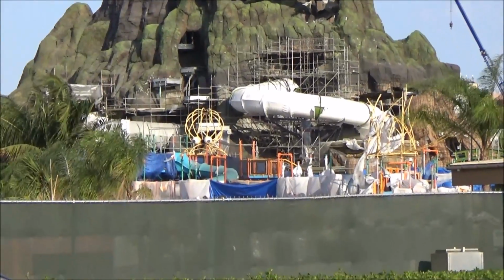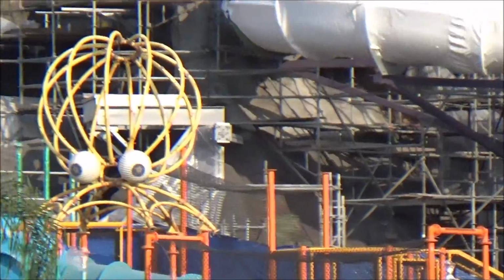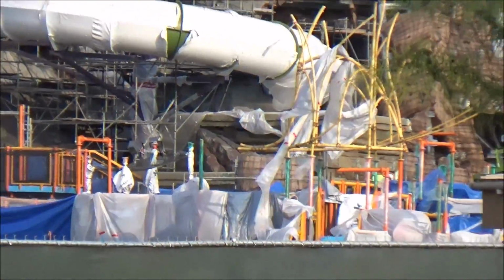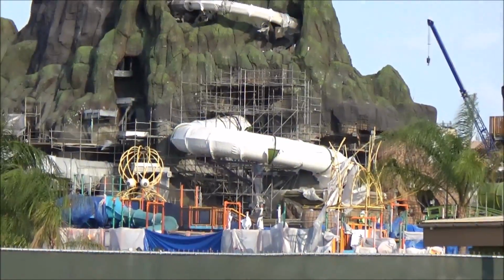From this angle looking at Volcano Bay, we can see a look at that new structure. Almost looks like it has eyeballs right there. That's on Runamukka Reef, like the kids splash or family splash play area. I haven't seen a whole lot added to this, but that does appear to be a new structure, at least new to me